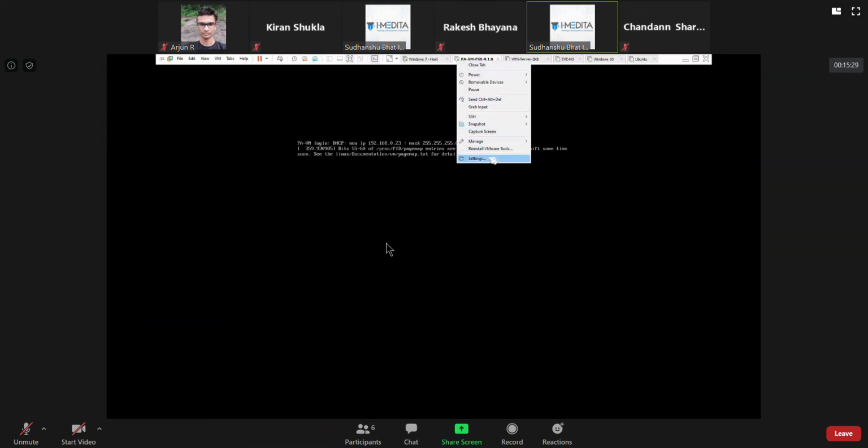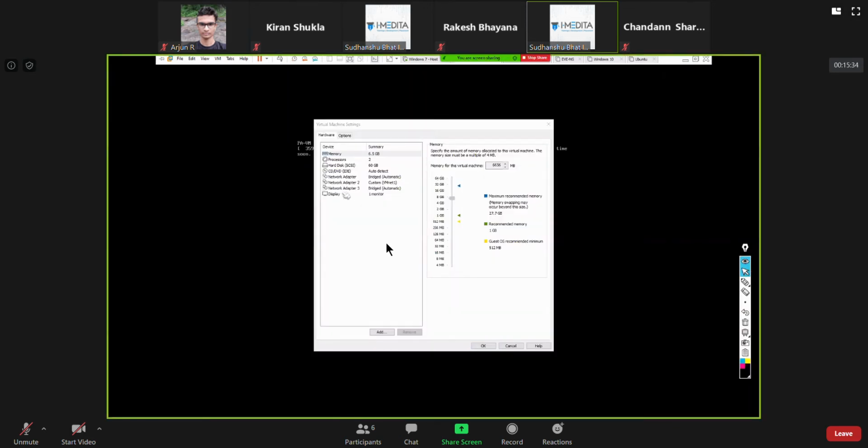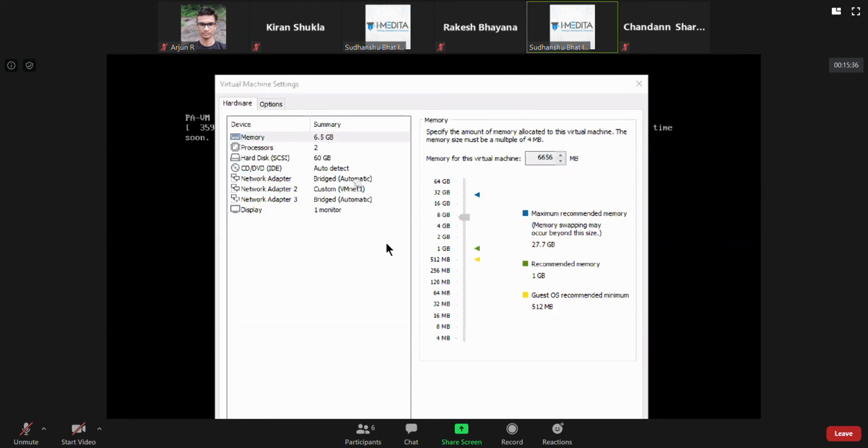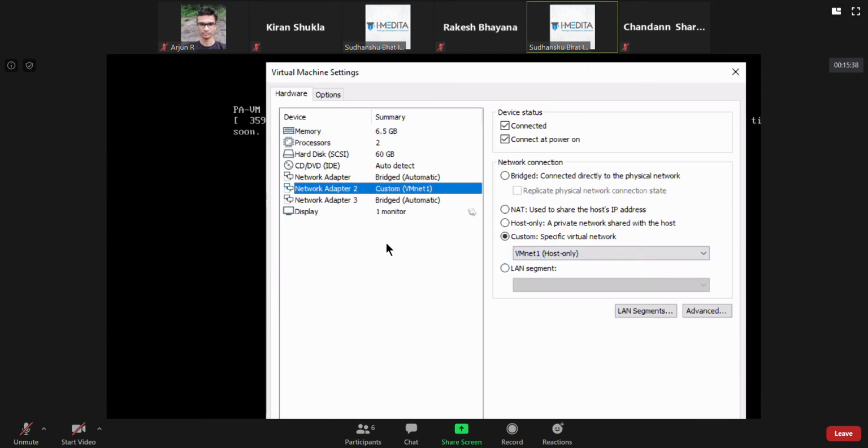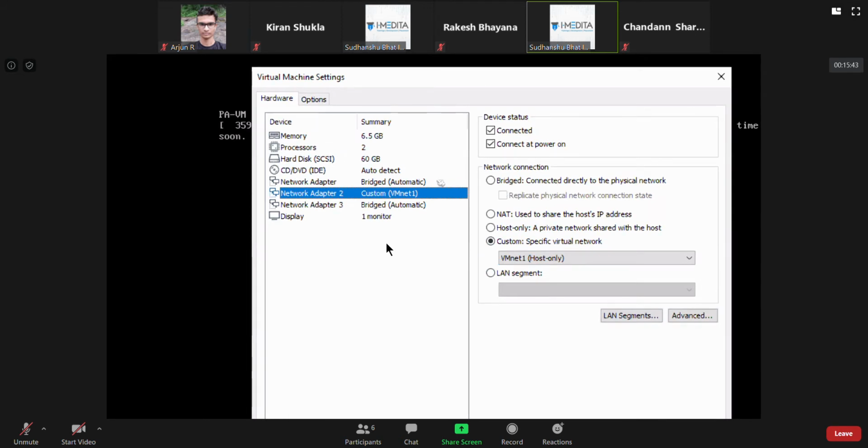On Palo Alto, the same Ethernet 1/1 will be acting as the default gateway in that subnet, which will allow it to go out further.